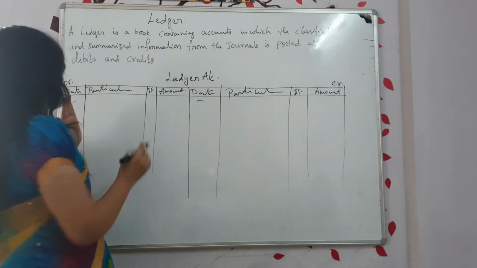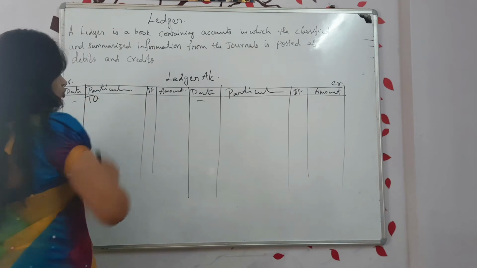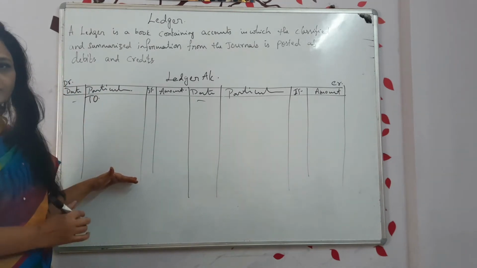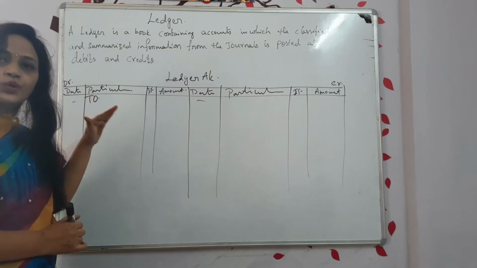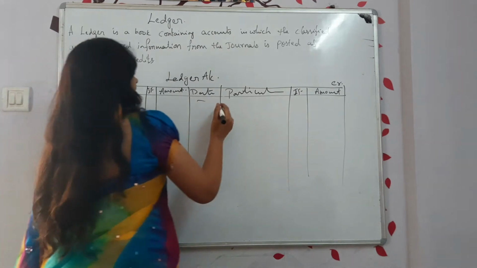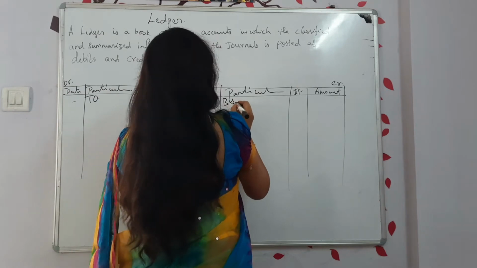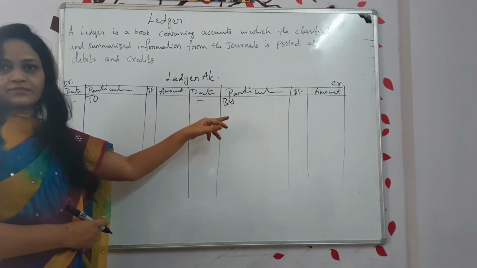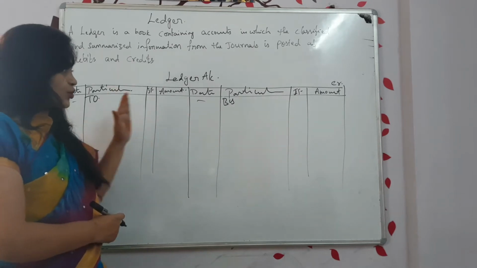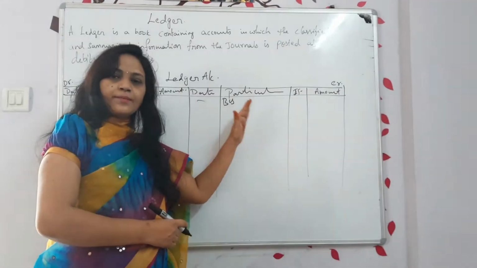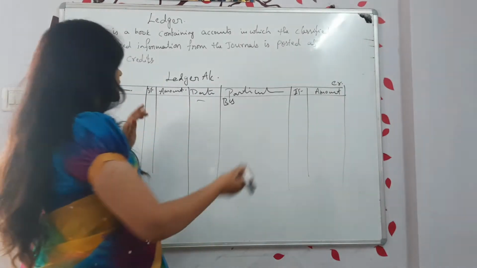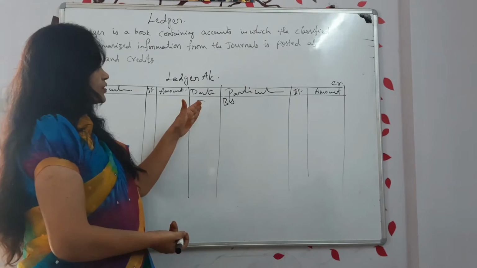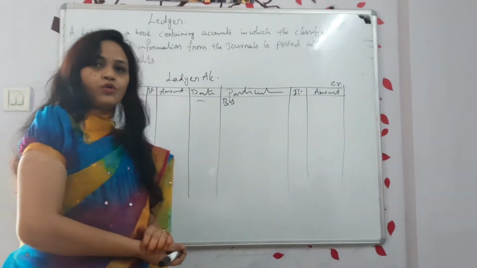And debit side always we start with 'To' and write down whatever you want to write. You start with always 'To' on the debit side, and credit side we always start with 'By'. Clear? Debit with 'To', credit we start with 'By'. Clear? Next, amount, whatever is the amount we are supposed to write, that we are writing over there.